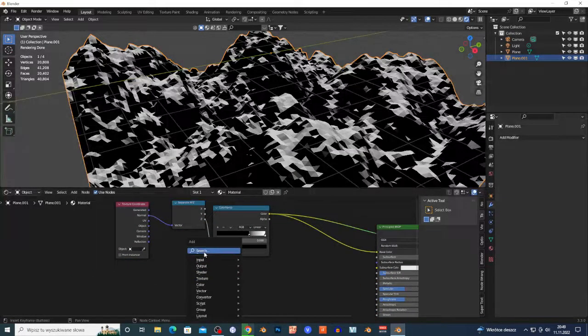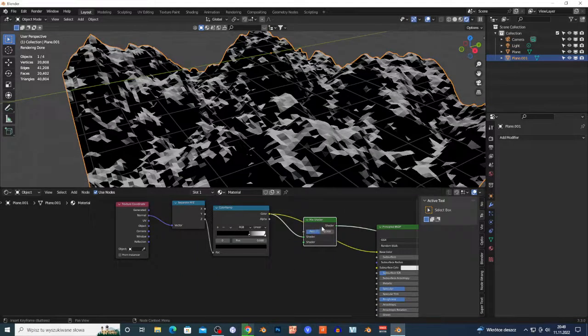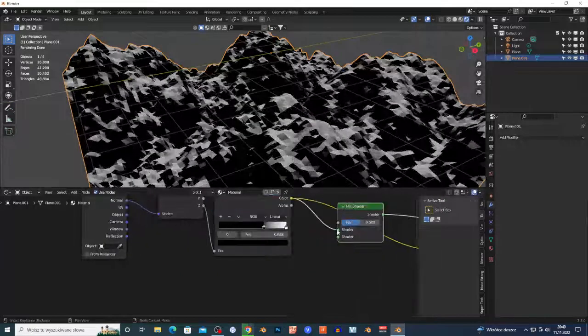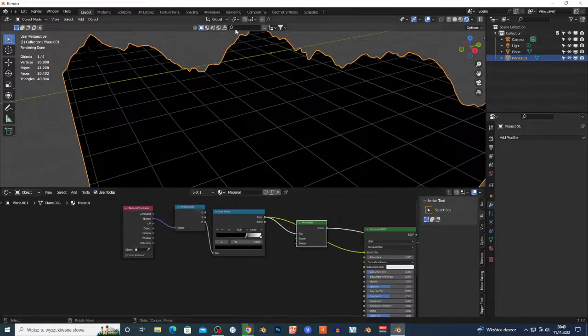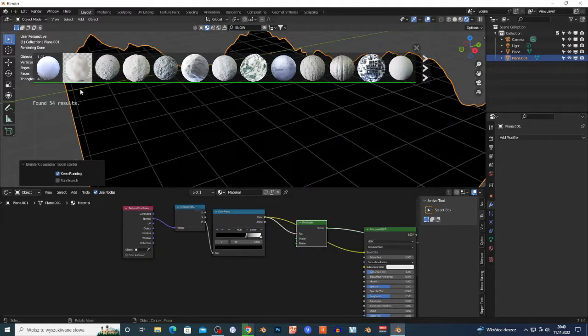So what do you want to add? Mix shader. So Shift A, mix shader right here, and you just connect this color ramp to this mix shader, and you just add it right here to the factor. This is my factor map, and I can search for some snow, maybe right here, snow,